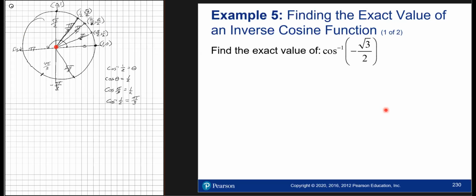So what angle in the second quadrant has a cosine of negative square root of 3/2? In other words, which point here on the unit circle has an x value of a negative square root of 3/2? Well, this point down here,